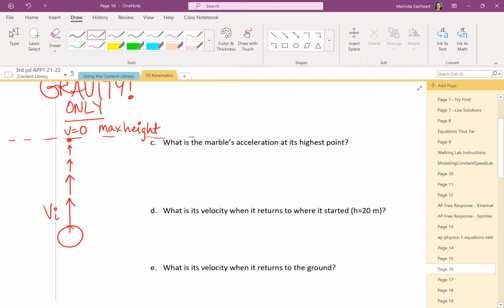It comes back down. And the beauty of free fall, now I'm going to shift over so I'm not drawing on top of each other. So it starts at 0 and it's symmetric. Okay, it's symmetrical. Gravity doesn't care if the object's going up or down. It's changing its velocity the same amount every second. And gravity pulls what direction? Down. Even on the way up, the acceleration due to gravity